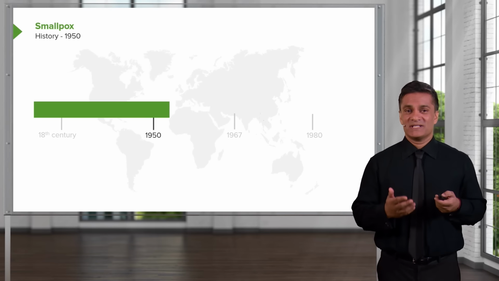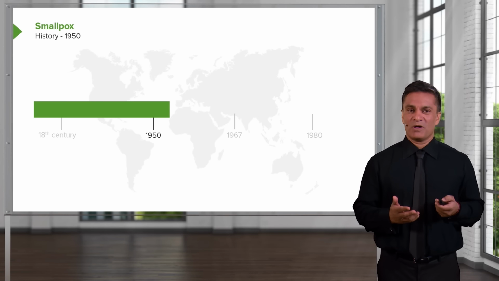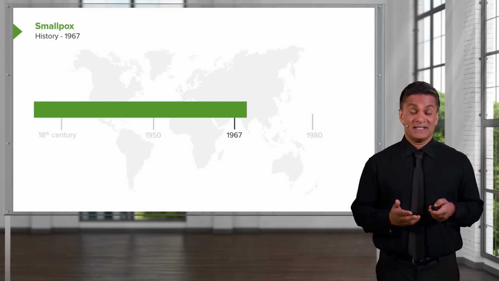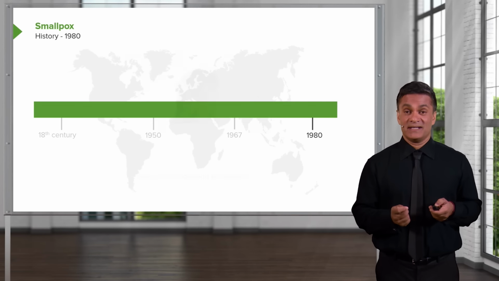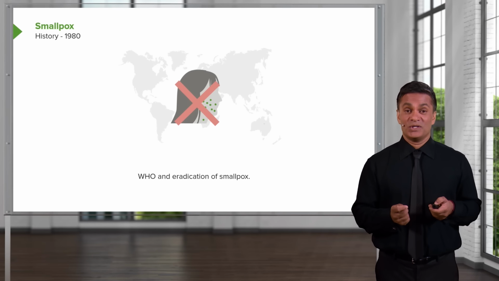So in the 1950s, the world took notice that maybe it was time to have a more militaristic administrative attempt to control smallpox globally. In 1967, a decision was made by the WHO to attempt to eradicate and remove this scourge from the human experience altogether. And as I mentioned, in 1980, this was accomplished. WHO had eradicated smallpox entirely.